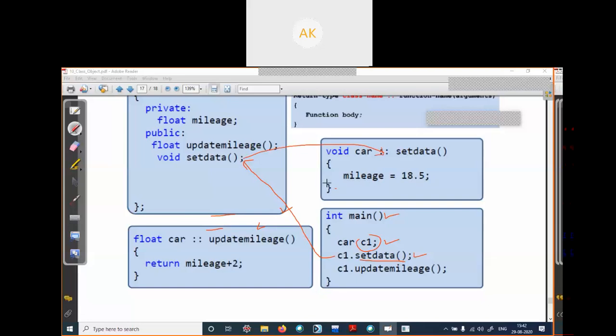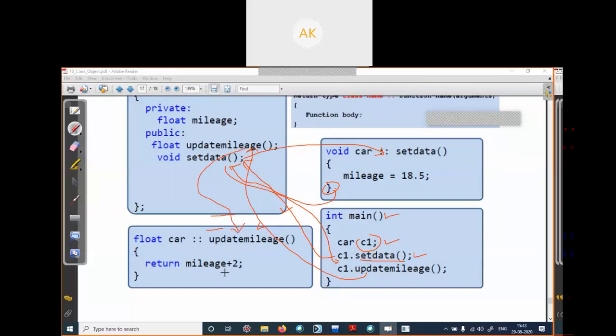After the closing parenthesis, it goes back to main, and since nothing else is written there, it goes back to return. Then the next line executes: the update mileage function for object c1. Update mileage is declared in the class, but there is no definition there, so it will find the definition outside.